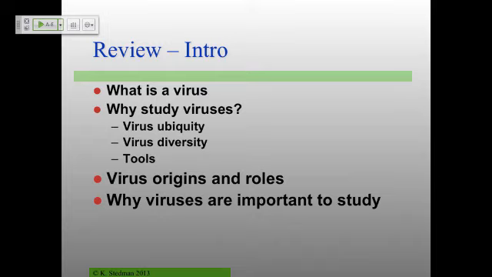We talked a little bit about virus origins. We'll talk a little bit more about that today or on Friday. Where viruses came from is still a very open question, and I've talked to a number of people, myself included. If there's one thing I could do, it would be to invent a time machine and go back to when viruses started and try and figure out what that is. So really interesting question. And of course, why viruses are important, because they're the coolest thing ever.